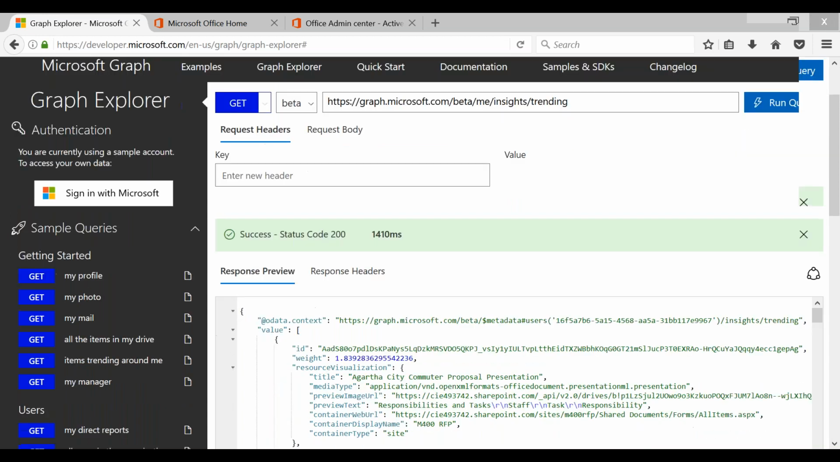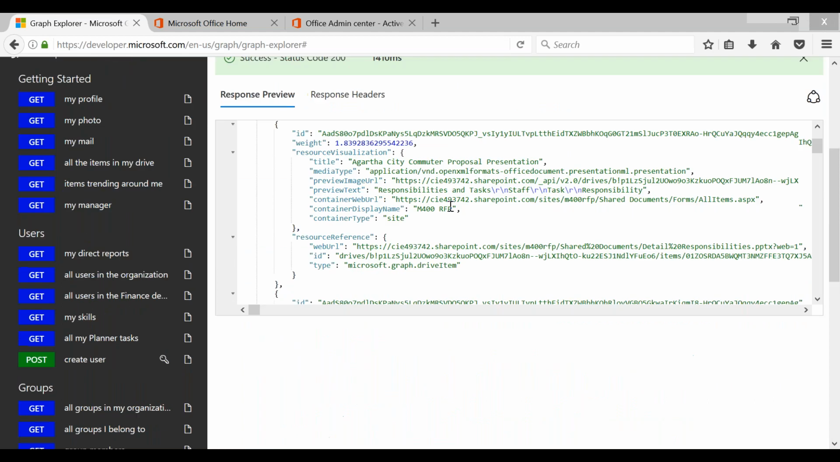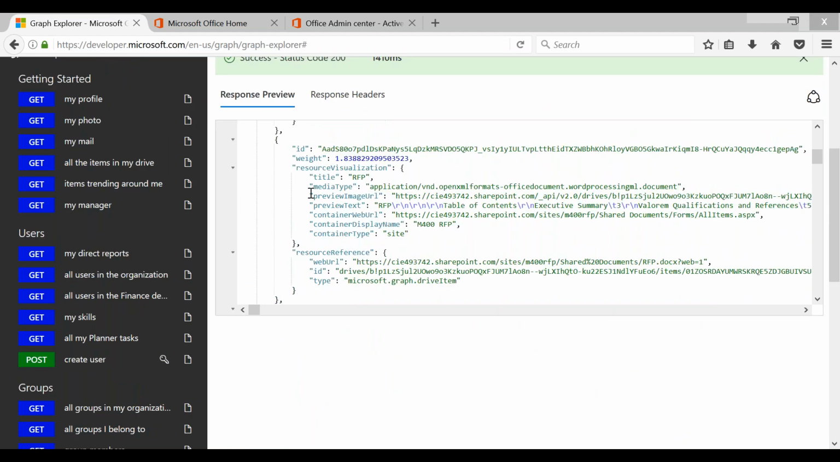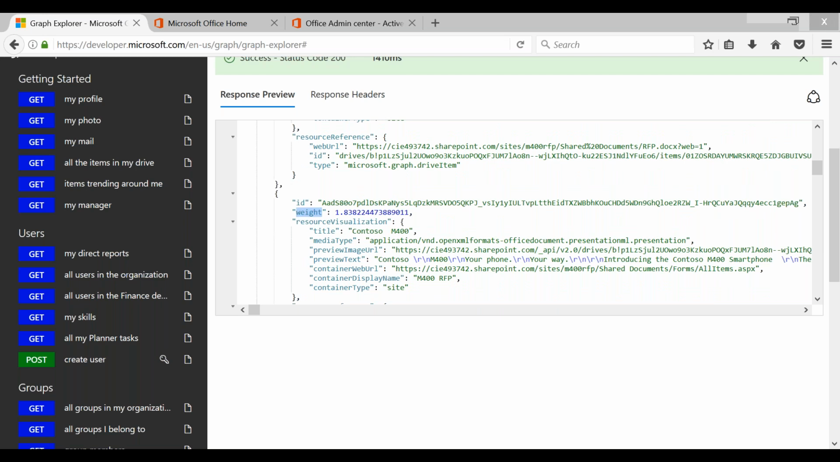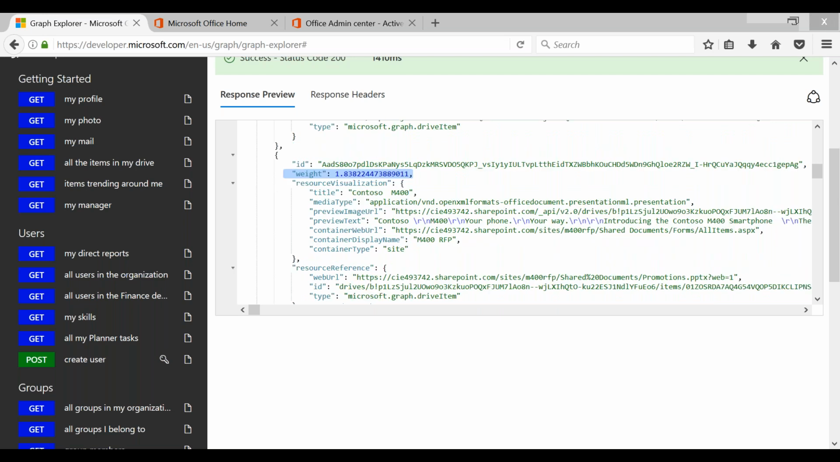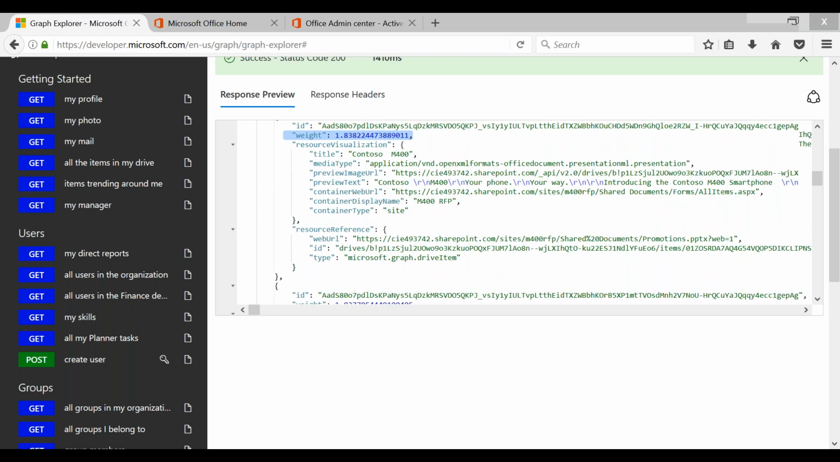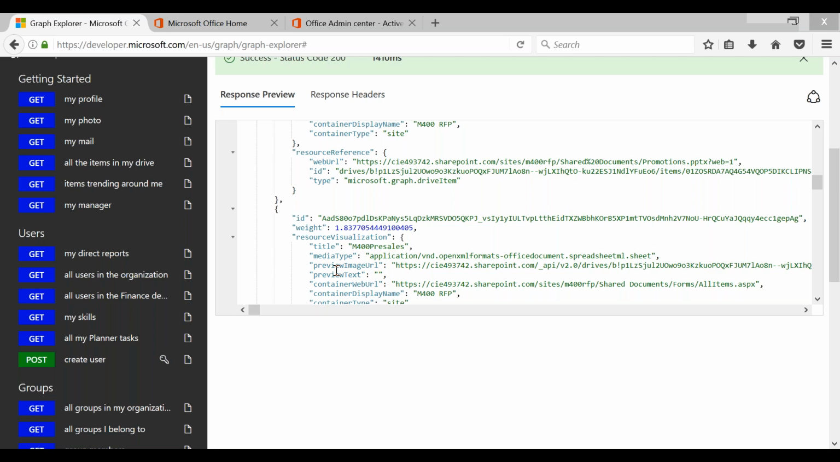Here you will see the trending items around the user, and each and every item has a weight. Based on weight you can decide how much the user interacts with that particular item. This is currently in the beta version,